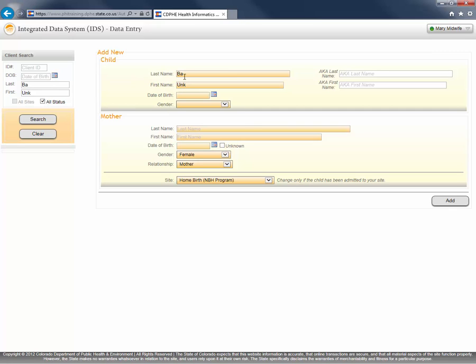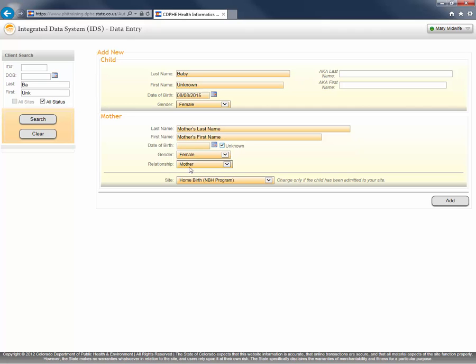of birth correctly. So it's going to ask me what is the true last name and first name of baby, and then mother as well, because we must have them paired. So I'm going to complete the baby's last name per the birth certificate, first name, date of birth. When you come down to the date of birth for the mother, oftentimes you don't have that information, but we do need some sort of entry. So I'm going to go ahead and click in unknown,